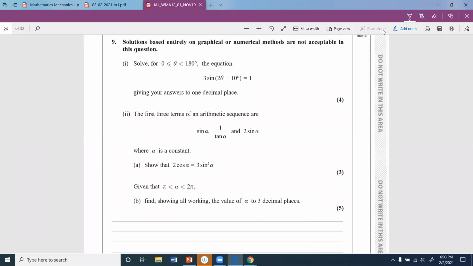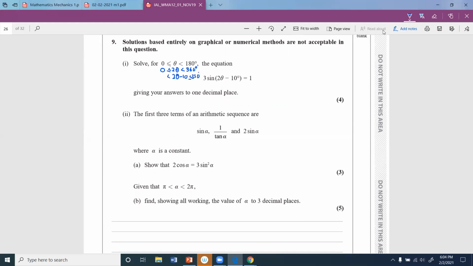Solve for 0 to 180, sine of 2 theta minus 10 equals 1. Right, okay. For this question, initially, we need to rearrange this range. For the range of theta, 0 to 180, therefore the 2 theta range becomes how much? Multiply by 2 on both sides, so 0 to 360. Then 2 theta minus 10 would be